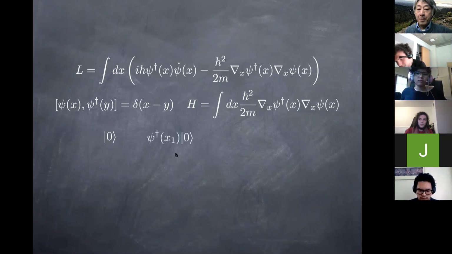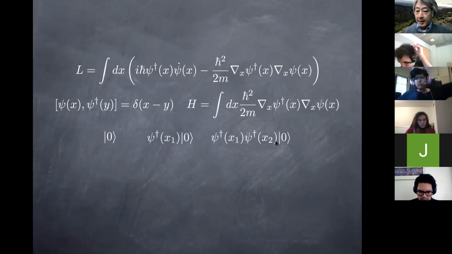Then you can go to a one-particle state by using the creation operator as a function of position x1. So this is a state where a particle now exists at position x1. Then you have a two-particle state where you created the first particle at position x1, the second particle at position